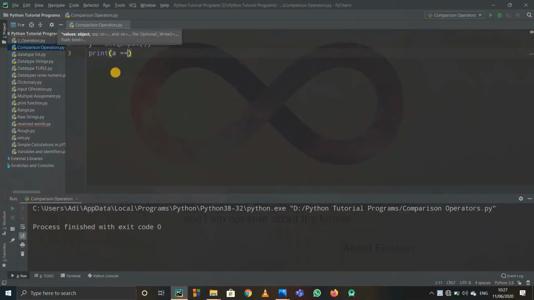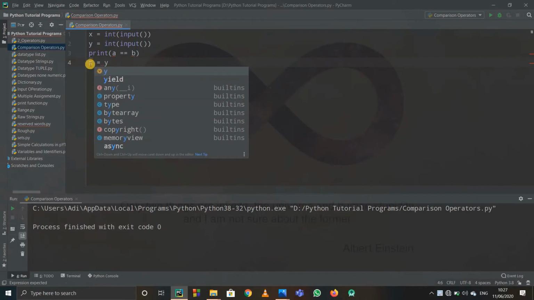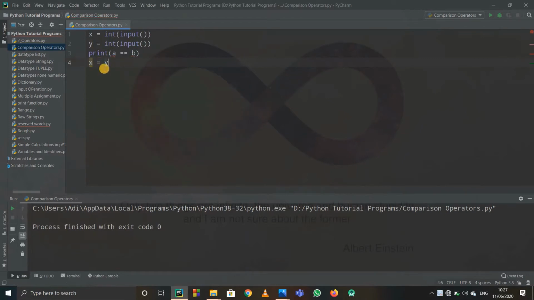So if I write print a equals to b, obviously you might wonder why we wrote equal to twice. Why didn't I write print a equals to b with one sign? Because when I write a variable, x equals to integer input, and then after this I write x equals to y, it does not make sense because I am assigning the value of y to x. This is the meaning of one equal to sign. That is, we are assigning something. That is the assignment operator. So we don't use one equal to. Instead, they thought we can use two equals to for comparison. That's all.